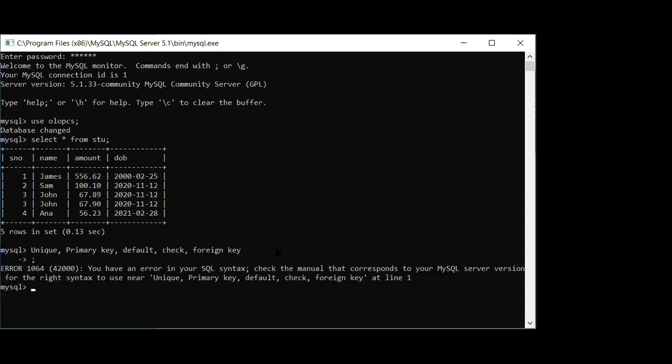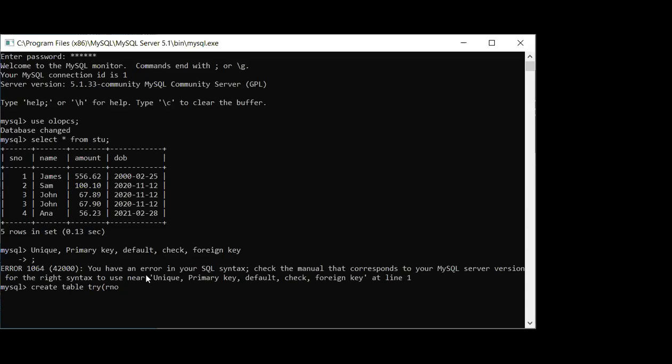The very first thing is that everything we are going to use with the create command. So I'm using create table, and then I'm writing here try. And then in this, I'm going to make all these things. First is roll number.